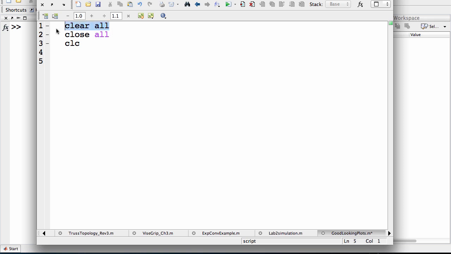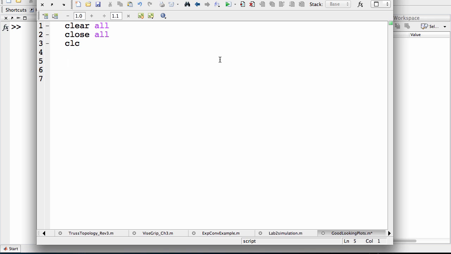If you don't do the close all, you have a bunch of figures that keep hanging around. And with clear all, sometimes you could forget about a variable that's already in memory and make the mistake of using the wrong variable. So if you clear it, you know you won't accidentally grab anything. All right. So for plotting,